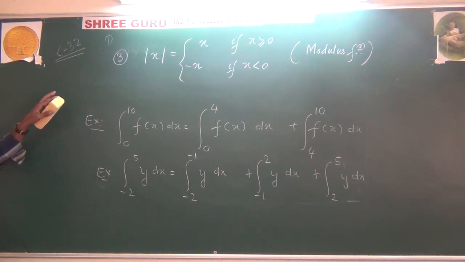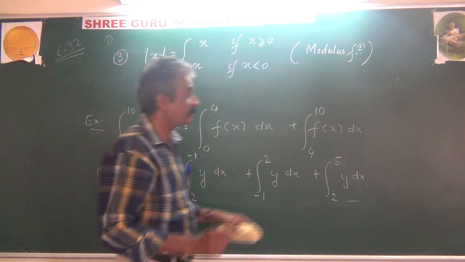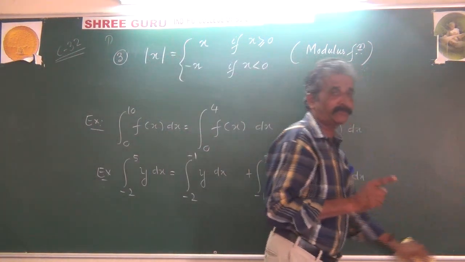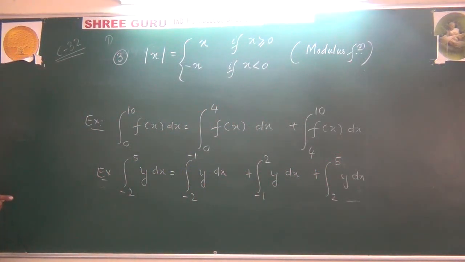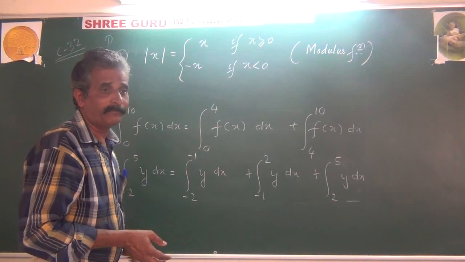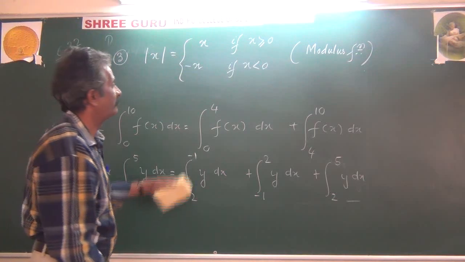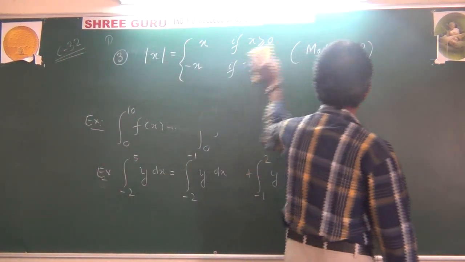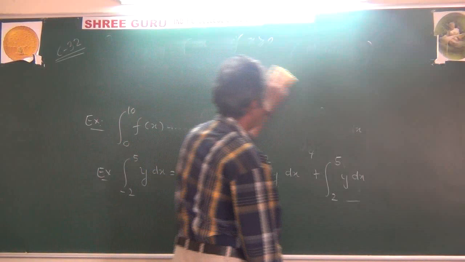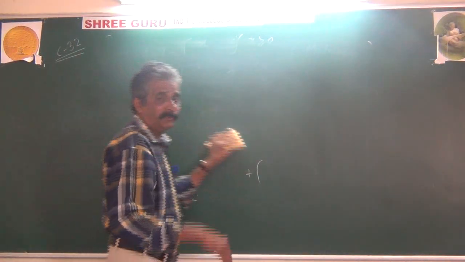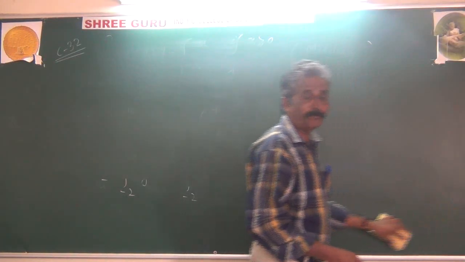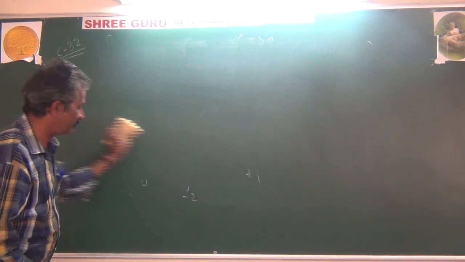Write problems on property number 6. We have just a few examples, but this property is applied exclusively in the problems containing the modulus of a function. The sixth property is useful for the problems involving modulus of a function representation. So, write the first problem using property number 6. And property number 6 says that you can break the interval into 2 parts, 3 parts depending on the requirement.